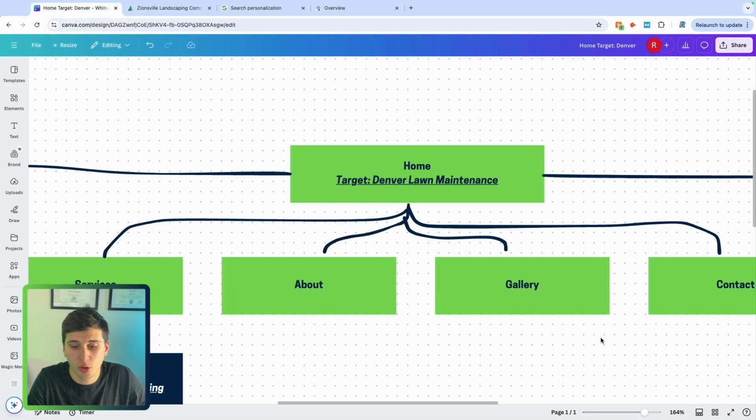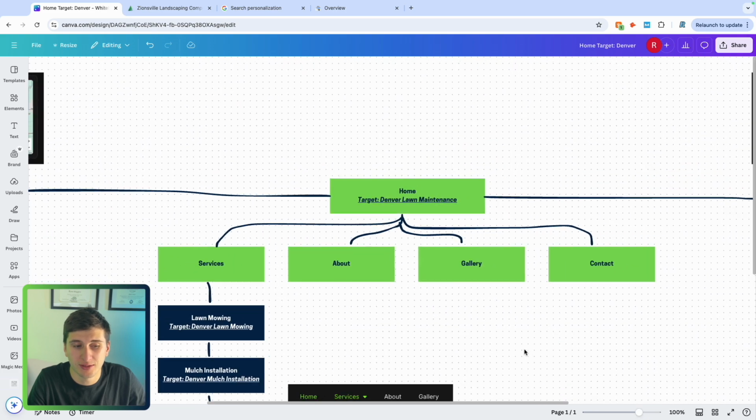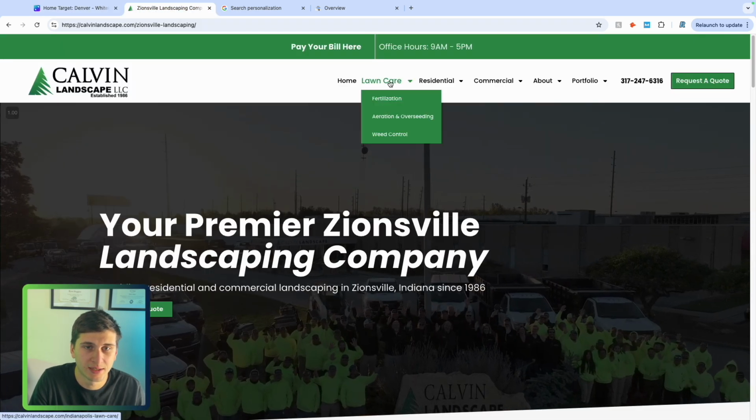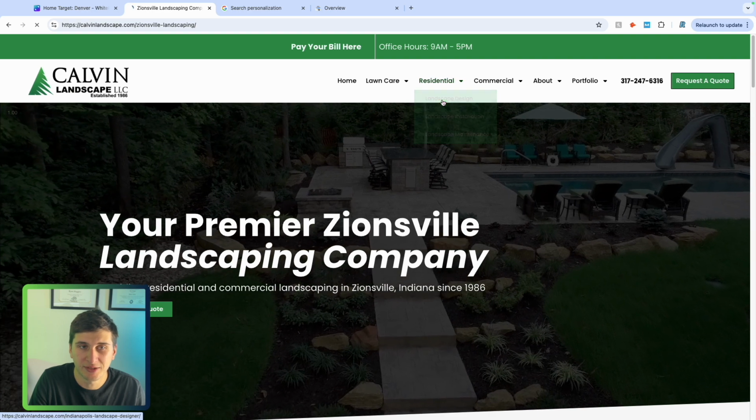So that is our homepage. We are targeting our main city that we're servicing, and our main service. Now, to target different services, we then need to come down here and create individual service pages. So for example, on here, we've got landscape design,